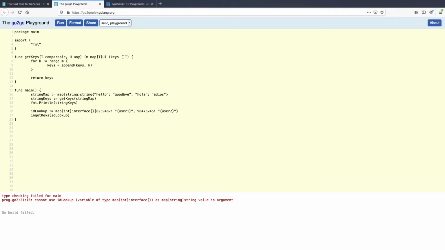So we should get int keys here. And we'll print them. You can see that it worked. So now we've got this generic method written in Go. And I think this example, simple though it is,